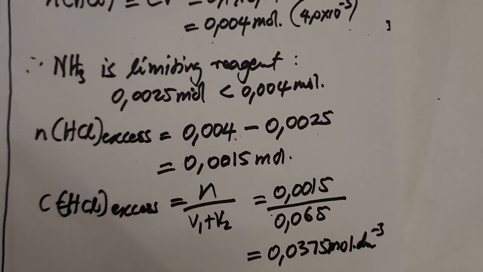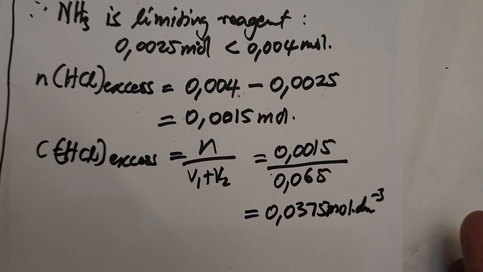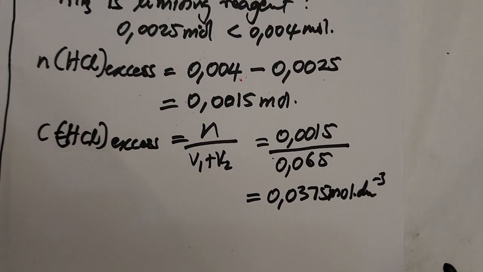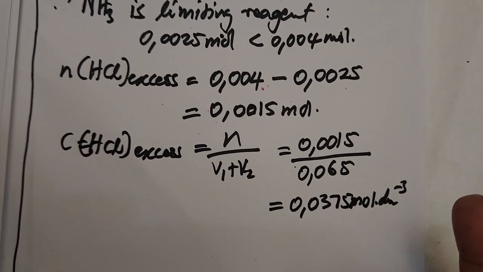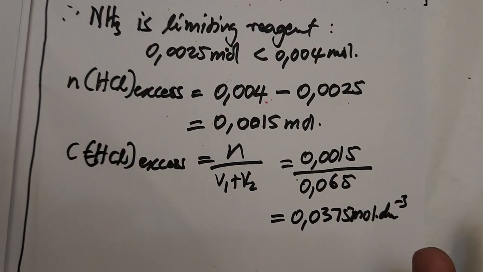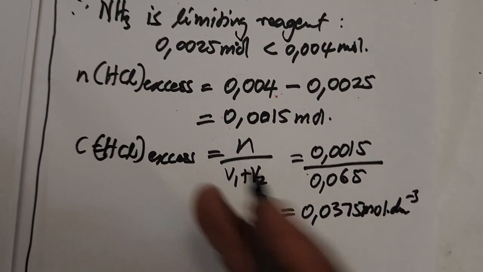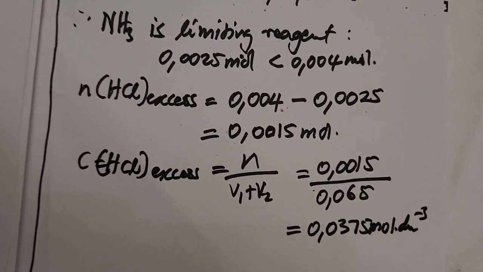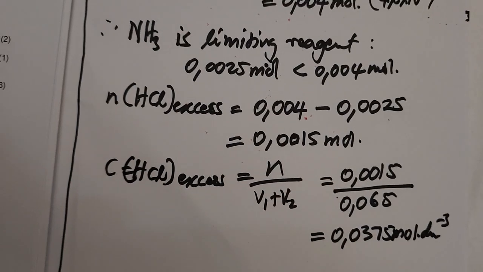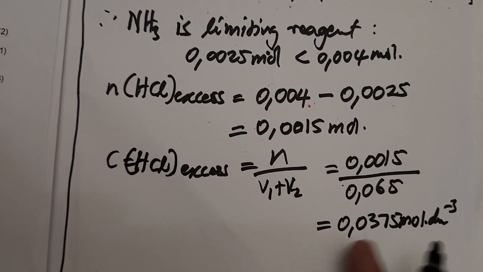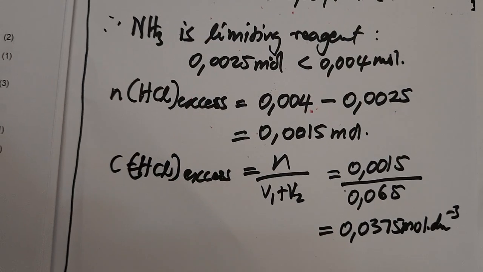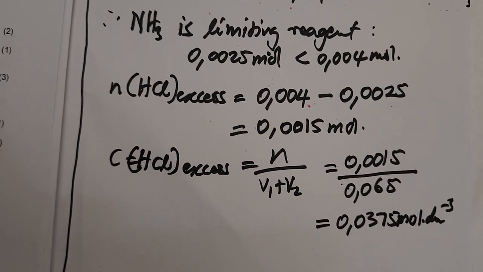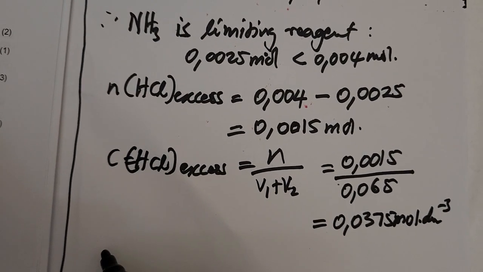That is the concentration that will be in excess of HCl. But remember, we don't want the concentration, we want the pH. From this one, we know you can do it, but it's not necessary. You can move from here to the pH. But for those that are maybe not understanding this, we can just create another step and